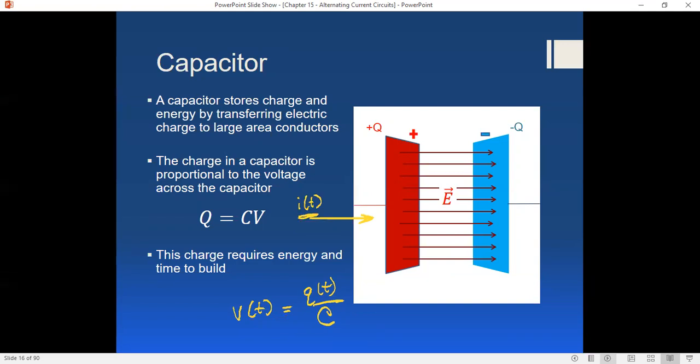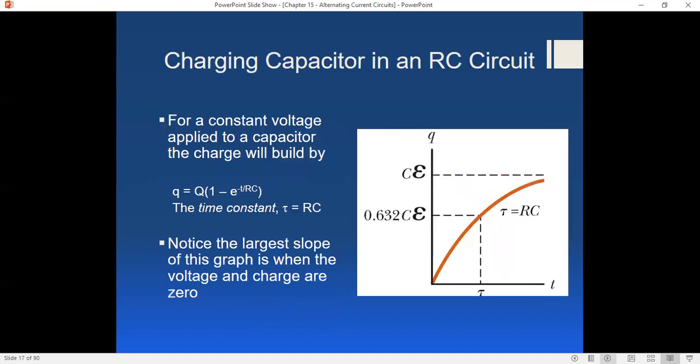All right, think about that. When the current stops, the charge is maximum and the voltage is maximum. What that means is that the current is not doing the same thing as the voltage is doing. Okay, what does this mean in terms of current and voltage? Well, again, remember, when we were charging a capacitor, the charge was increasing like this until it